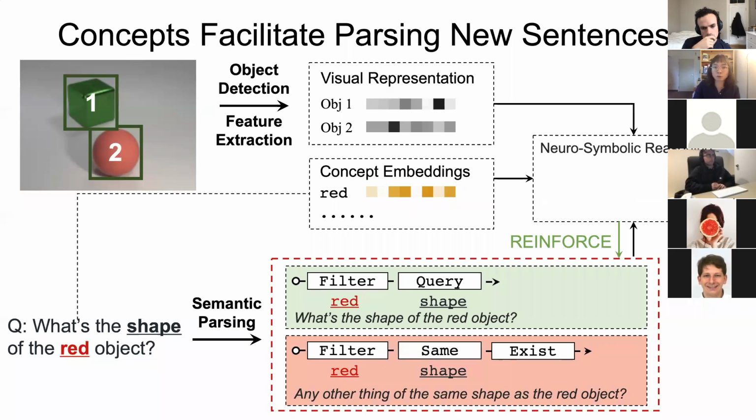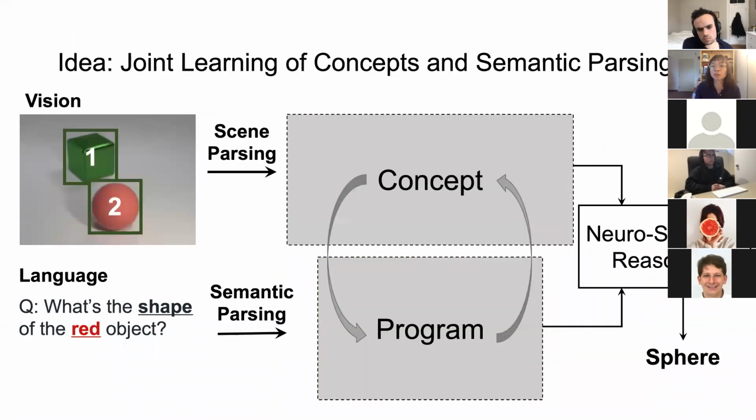For each of the parser programs, we use the execution result compared with the ground truth as some sort of a reward and apply a REINFORCE algorithm to train our semantic parser. So this will close the loop of joint concept learning and semantic parsing. In this framework called Neuro-Symbolic Concept Learner, these 2 modules are jointly learned only by looking at images and reading paired questions and answers. So no explicit annotations for visual concepts, visual categories, or the programs for natural language will be needed.